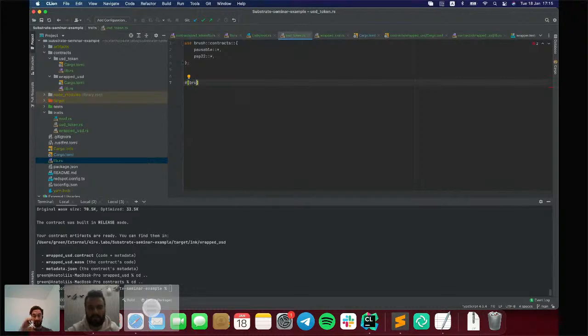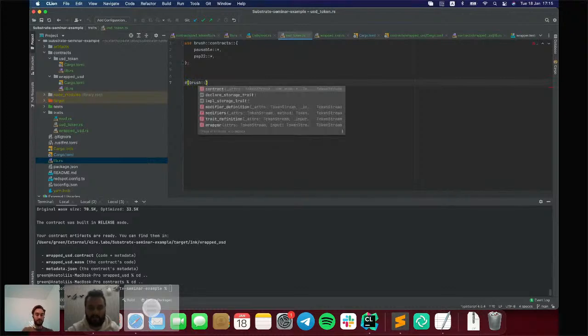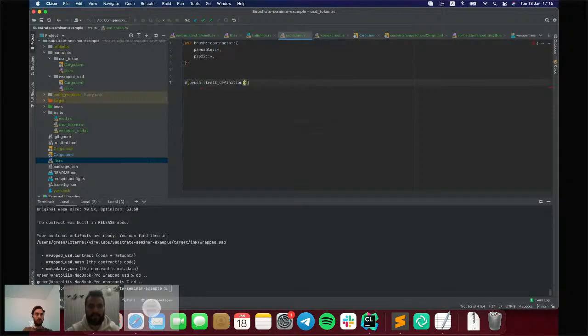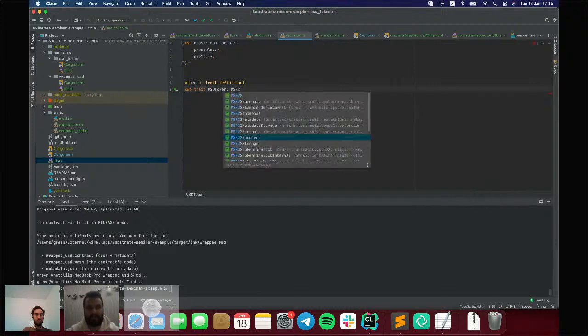They will see in the definition that your USD token depends on the PSP22 and Pausable traits.